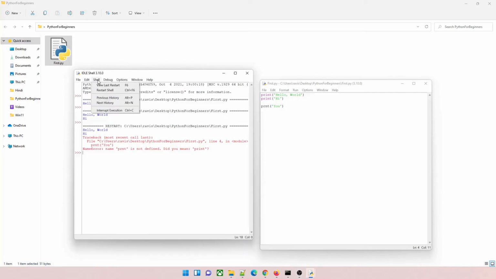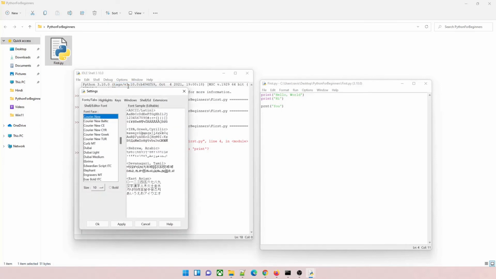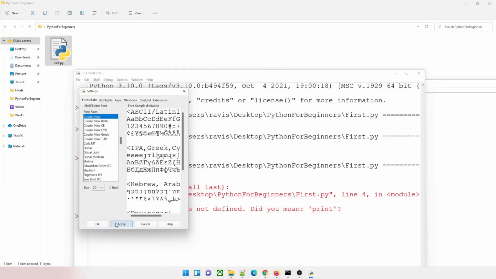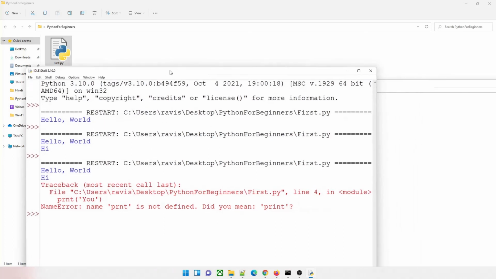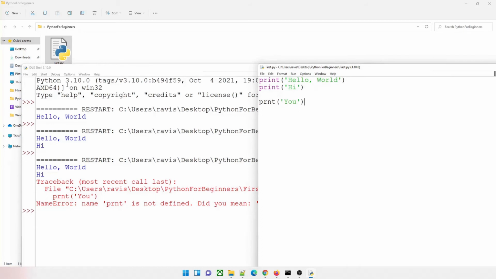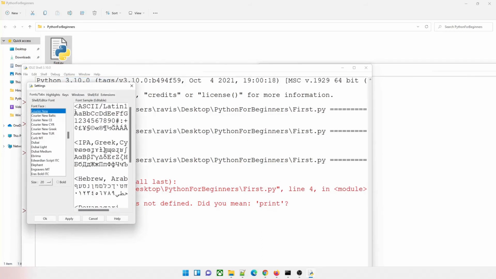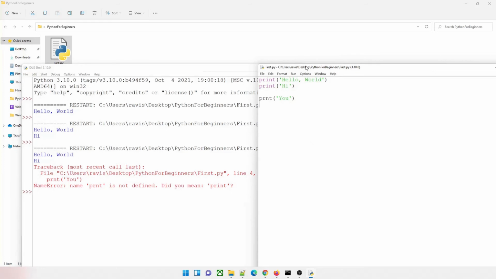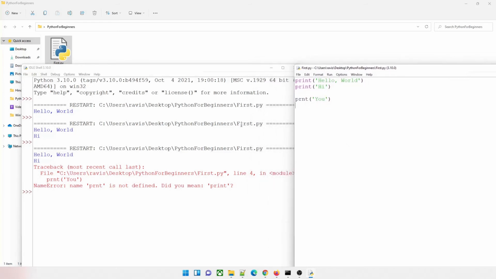Now let me just increase the size so that if you are seeing it on mobile, you can see. Go to options, configure IDE, and there size. Now increase the size to, let's just say 22, and let's see how big it is. Okay, so this is kind of big right now, and if you want to go back to a different size, if you don't like this, go again options, configure, and choose a lower size. I'll choose 16, apply, and okay, perfect. And then you can just run your program and see it properly. So I hope you have understood this part as well.